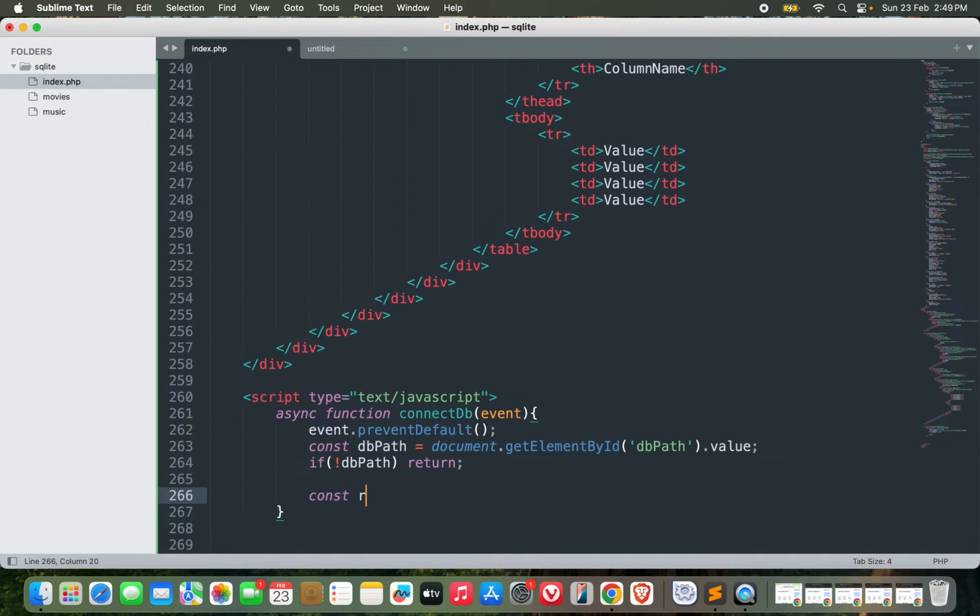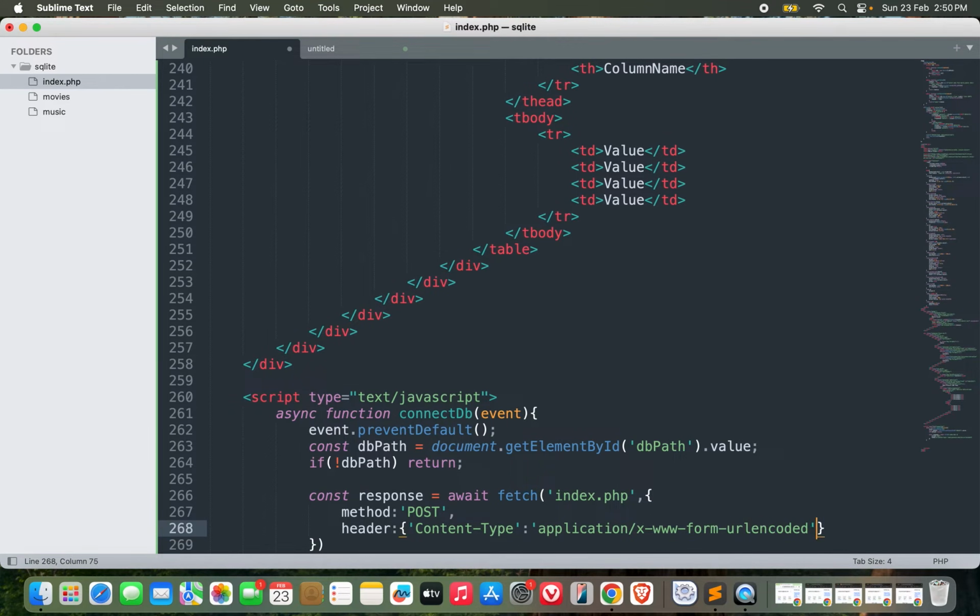If dbpath, then get the response with fetch, the same script with some parameters, obviously. Method would be post, headers would be content type, application slash x-www-form-urlencoded,